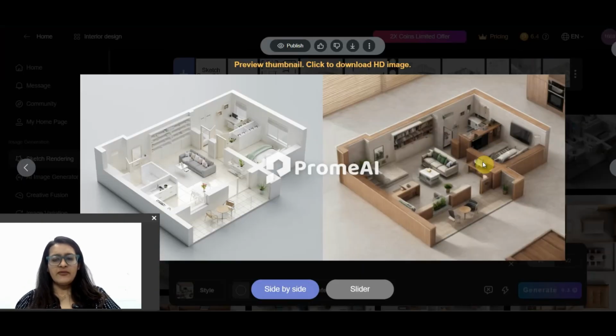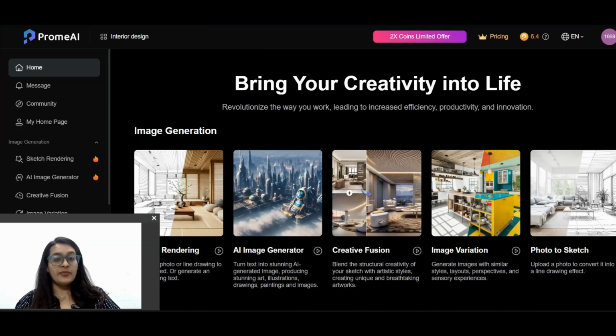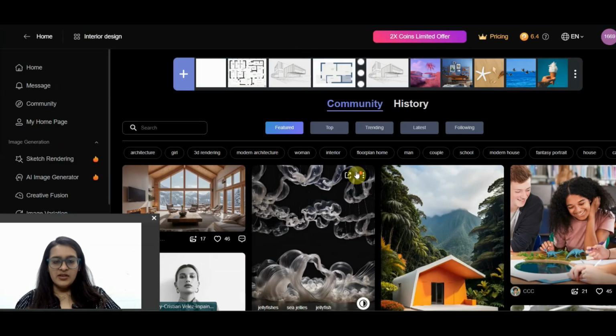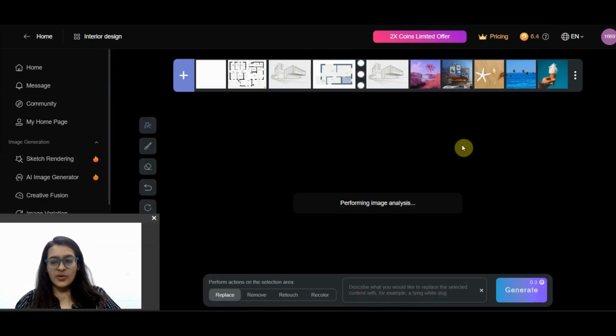It has given me a fairly decent idea of furniture. But again, I think I would want a lot of students to go ahead and give a good try to this software, because this software actually does have an advantage over the latter software which I've already tried. So yes, it's a big yes from my side. Let's erase and replace a few items. So we haven't tried this before, but let's go ahead and change a few items here and there.